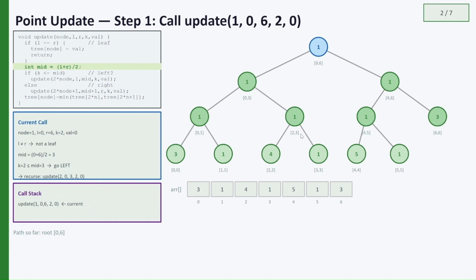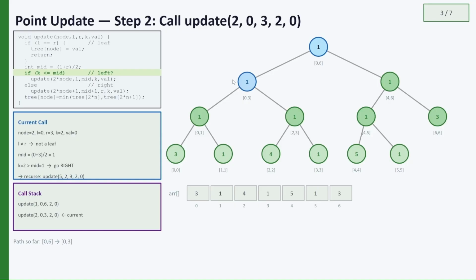Let's trace it live. Our array here is 3, 1, 4, 1, 1, 5, 1, 3, and we are calling update at index 2 with new value 0. We start at the root node 1, which covers the full range from 0 to 6. Since it's not a leaf node, we compute the mid, which is 3. Since our target index 2 is less than or equal to mid, we recurse left into node 2. And now we are at node 2, which is covering 0 to 3, which is again not a leaf node, and the mid here is 1. This time our index 2 is greater than mid, so we'll go right into node 5, which is covering 2